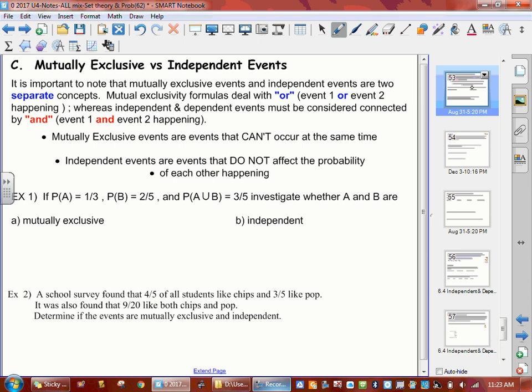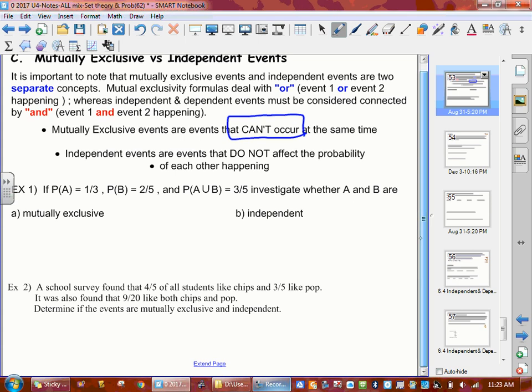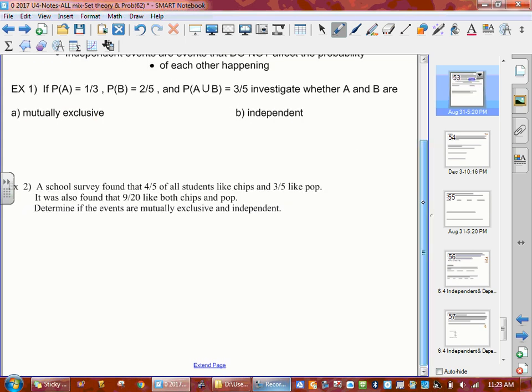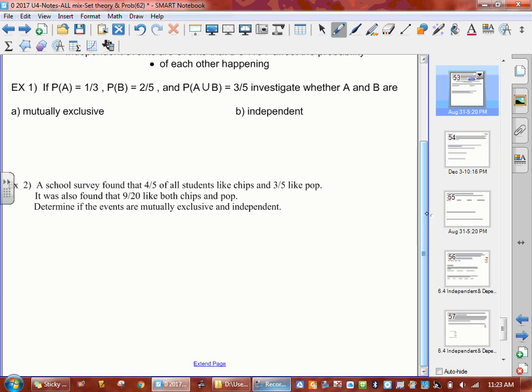So, mutually exclusive events are ones that cannot occur at the exact same time. Independent events don't affect the probability of the other one happening. Dependent events do. So, this is the way we check them. And again, we always check them with our probability formulas. So we're just going to jump right into our formulas. Example 1: I've got probability of A is 1/3, B is 2/5, and it's giving me the OR is